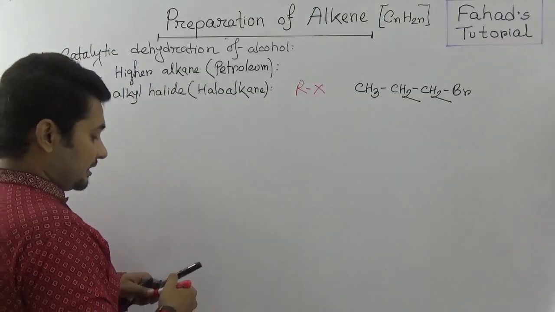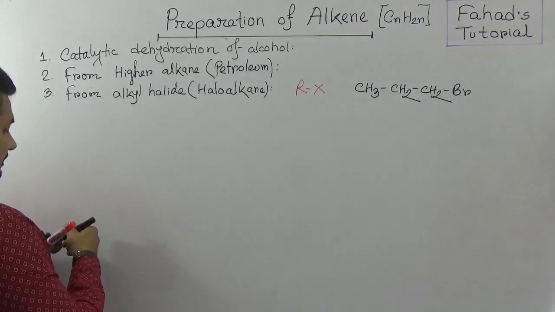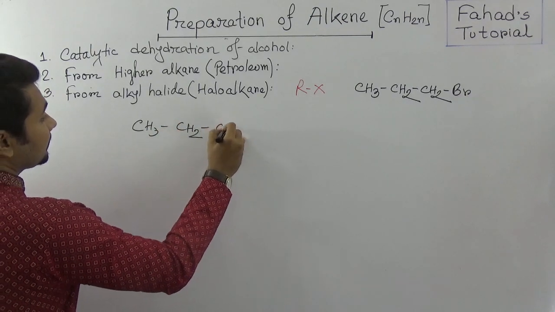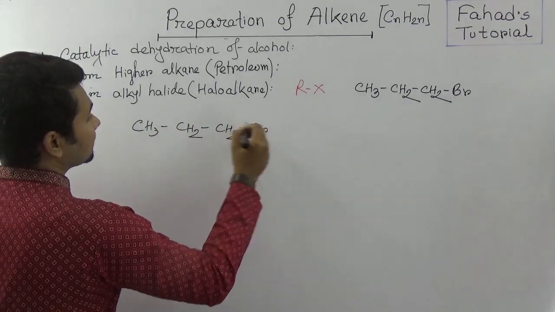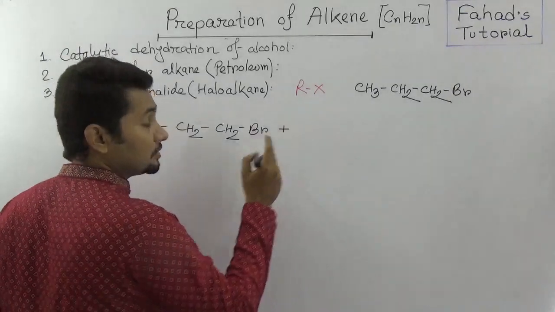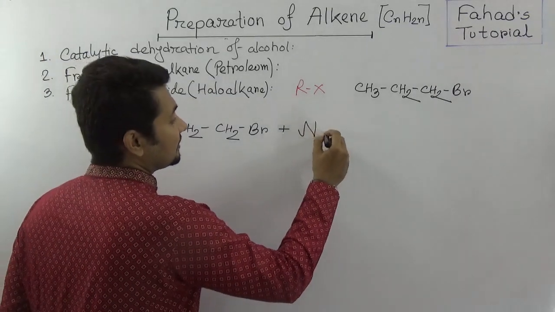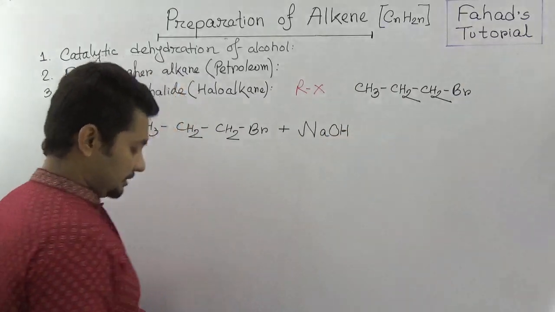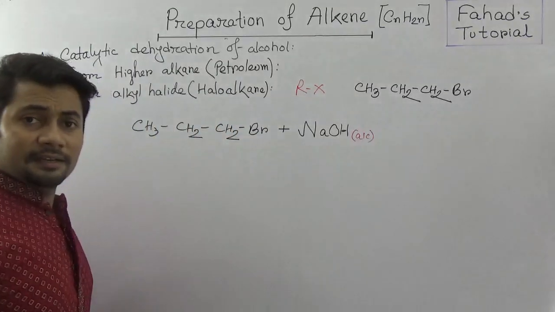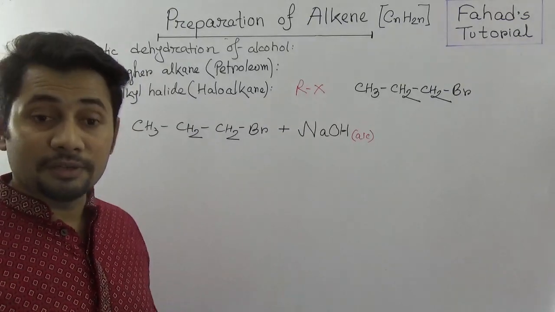So from alkyl halide, what is the preparation process? Suppose CH3, CH2, Br. This is propyl bromide, okay? And then sodium hydroxide, alcoholic sodium hydroxide. That is very important. Alcoholic sodium hydroxide. What is alcoholic? That means a mixture of caustic soda and alcohol. That will